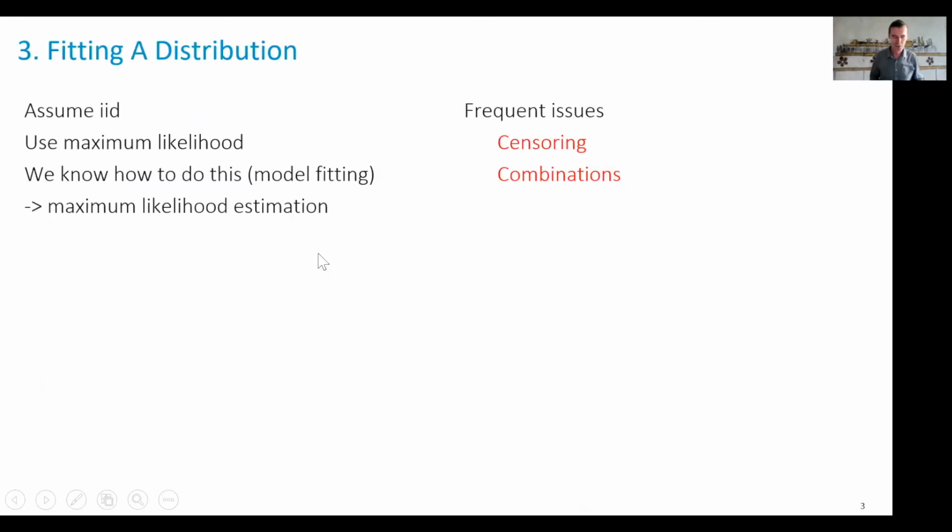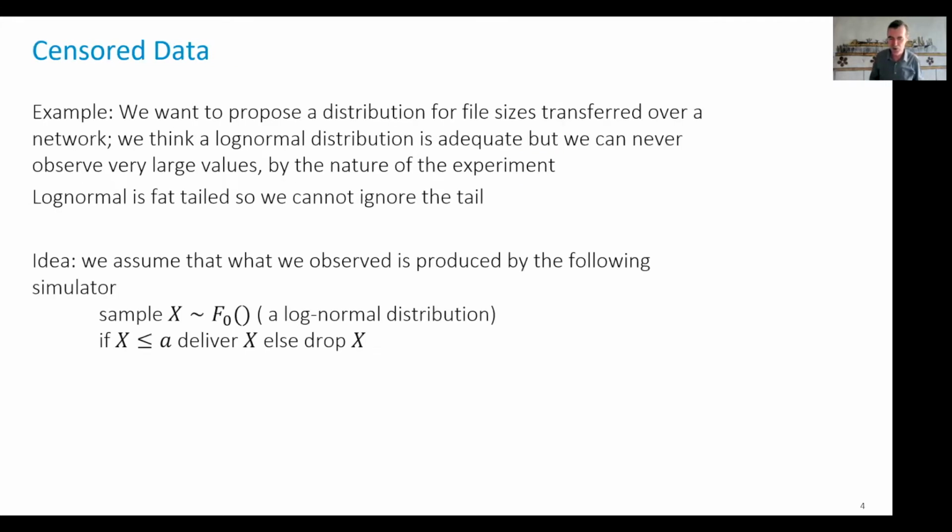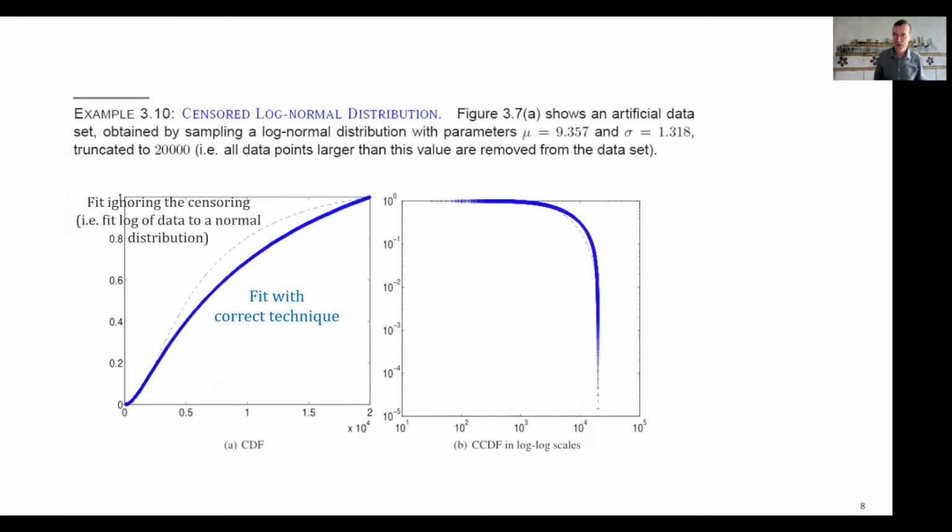Model fitting. We have seen how to fit a distribution in practical cases where we have what we can call a censoring effect, which is what happens when the data that we have observed is limited to some amount, but the distribution that we fit puts a non-negligible weight on the tail, like, for example, a log normal distribution. And we have seen that a correct implementation of maximum likelihood is the right way to obtain good fits.